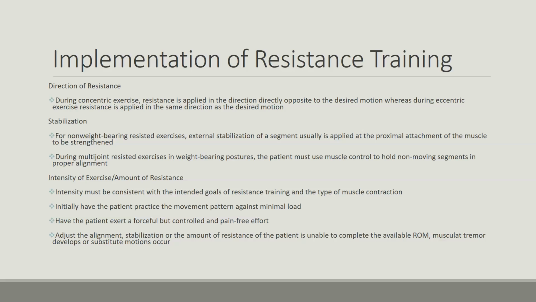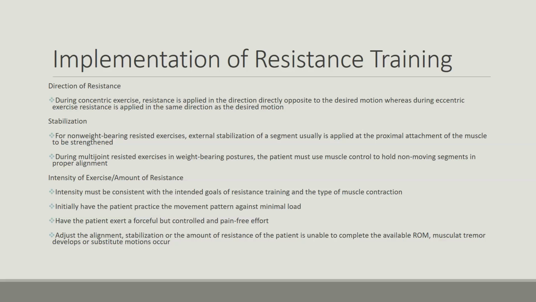During multi-joint resisted exercises in weight-bearing postures, the patient must use muscle control to hold non-moving segments in proper alignment. So if you saw me in class, my classic example is doing arm curls with the patient swinging like crazy to get the arms going. That's not what we want. If I want to strengthen those biceps for whatever reason, then I want the legs a good shoulder width apart to stabilize the core, tighten the core to keep the body from moving at all, and just the biceps perform